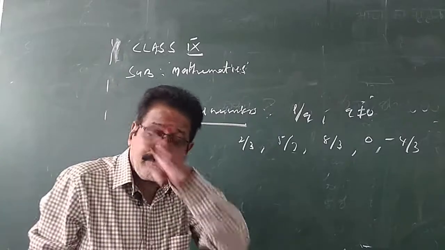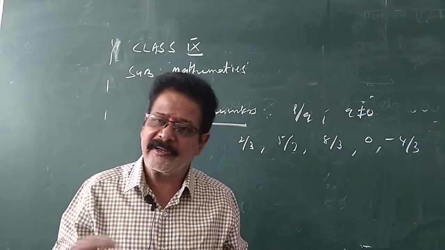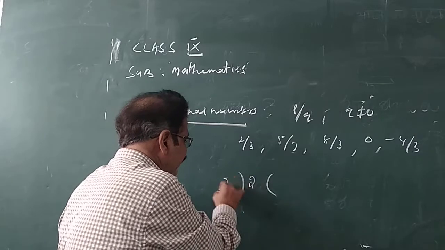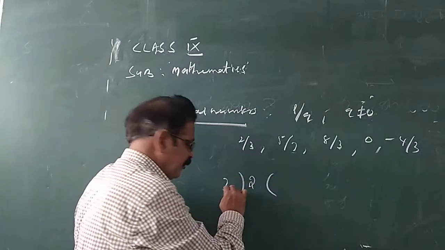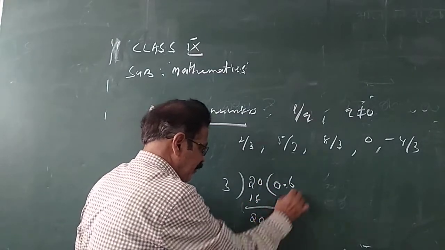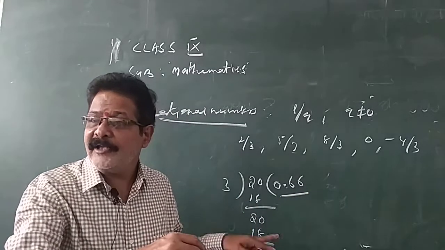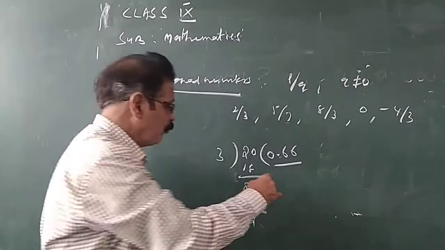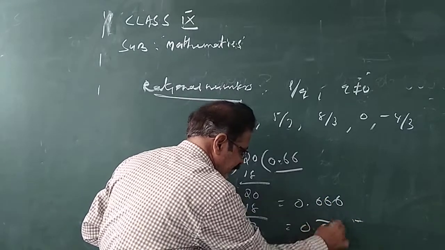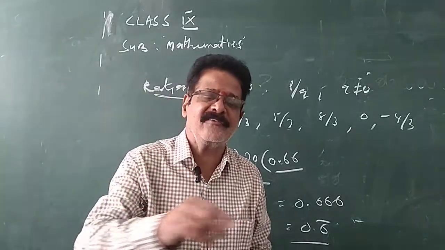So, the properties of rational numbers: every rational number is not an integer. When you divide 2 by 3, how many times does 3 go into 2? It doesn't go, so keep 0. 3 into 20 is 6, remainder 2. Again, 3 into 20 is 6, remainder 2. Every time you get the same remainder, so it repeats. You get 0.666666. This is the decimal form. It is not an integer. Therefore, every rational number is not an integer.